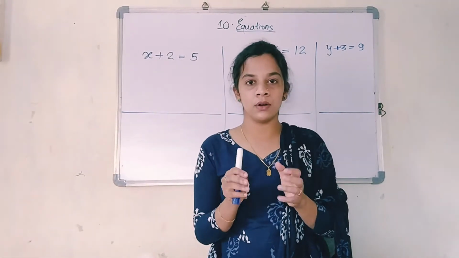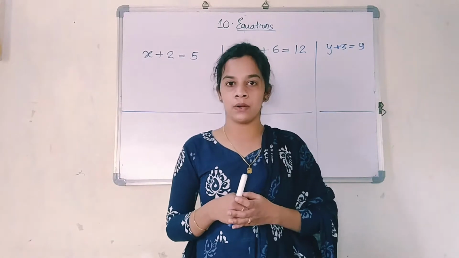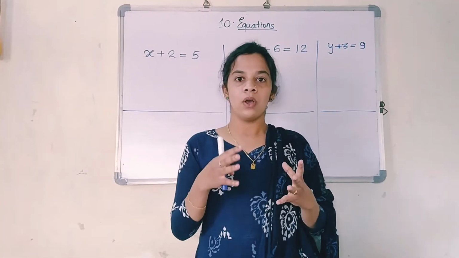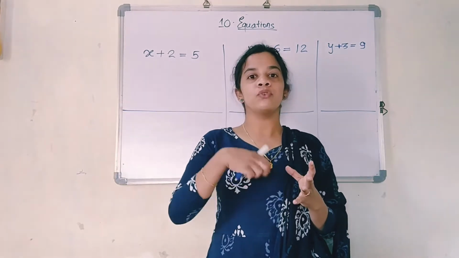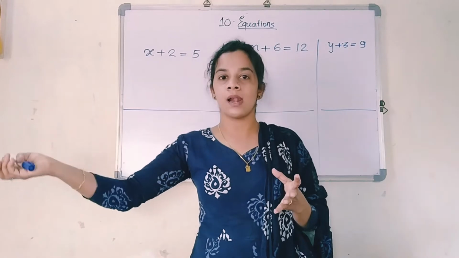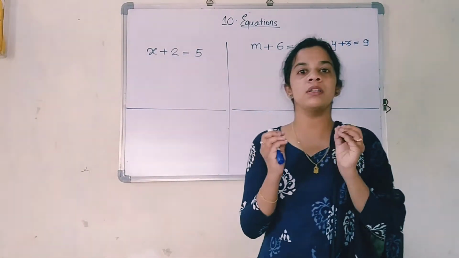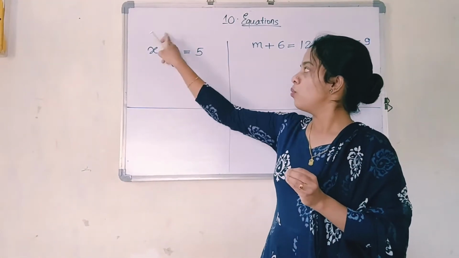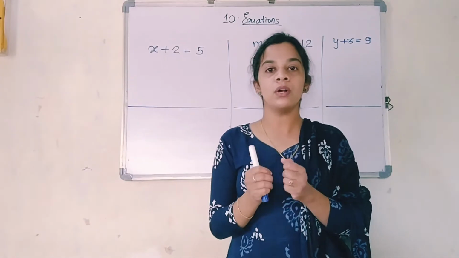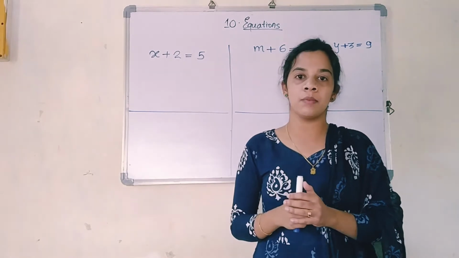Suppose you are studying in a room with your brother, and your brother is disturbing you continuously. So what will you do? You will make him shift from one place to another. You will request him to go from that place and shift to another one. Same over here, we want the value of x. This 2 is disturbing us. This 2 is coming in between us. So we will shift that 2 to some other place.